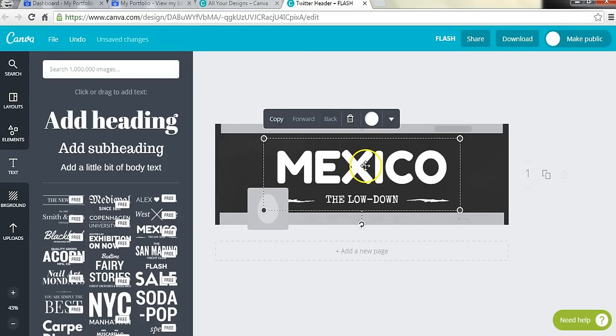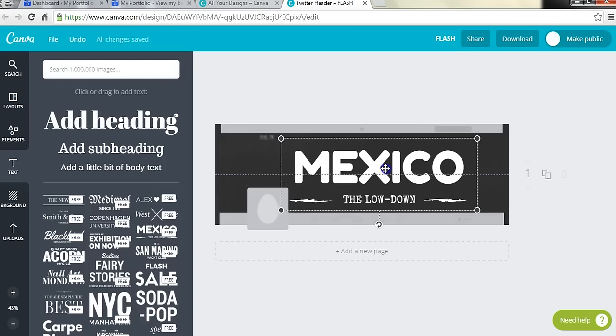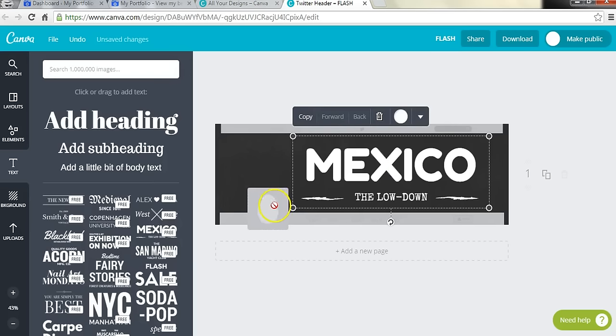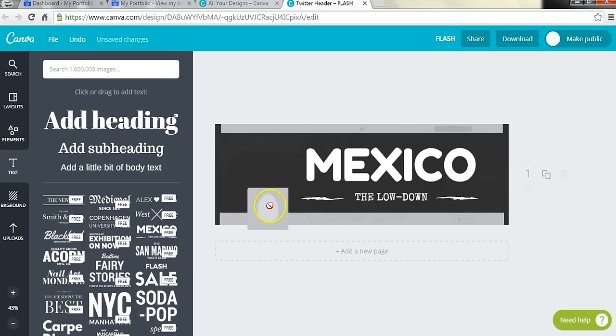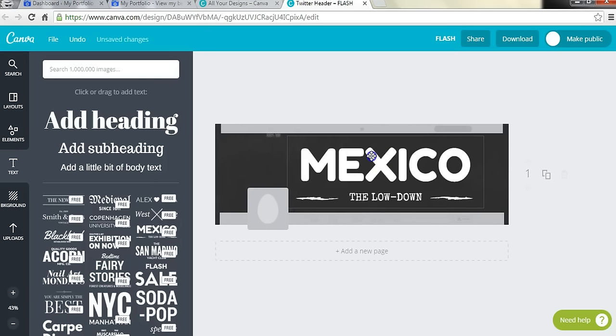To move the whole image, you want to click in the center when you have these 4 prongs like this, and then you can drag it over so it's not hidden behind here. Notice it has this little crossed out area here when you go over that. So it's showing you that you can't have it there, or it won't show up there. So if you wanted it to show up, you could have it like this, or you can simply resize it